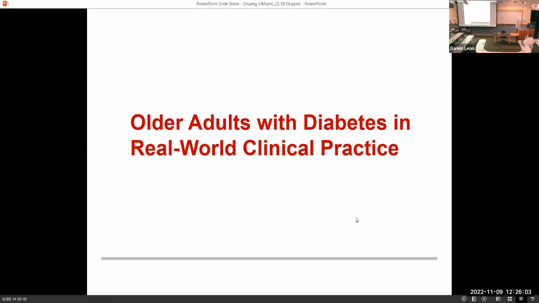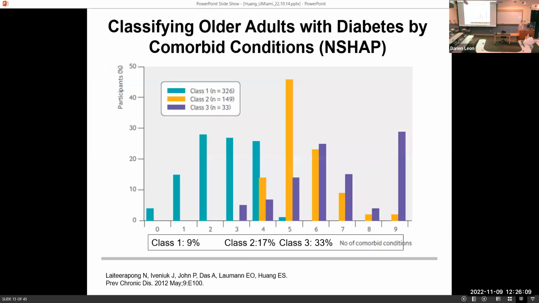So I've talked a lot about the trials, but now let's talk about the real world and the real world populations that we take care of. I mentioned earlier that if you did a cross tabulation of diabetes with other chronic diseases, you get a lot of crosstalk. There's a lot of co-occurrence of these conditions. And so one of the challenges is, how do we deal with that information about the other diseases? Do we just think about each condition one at a time,